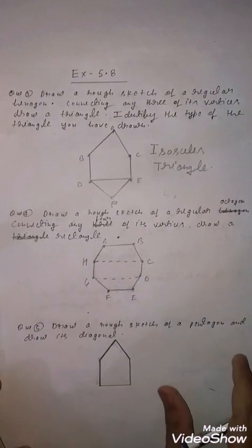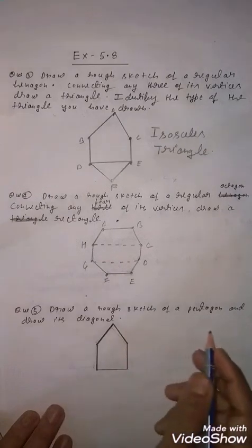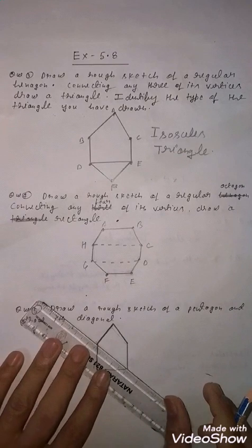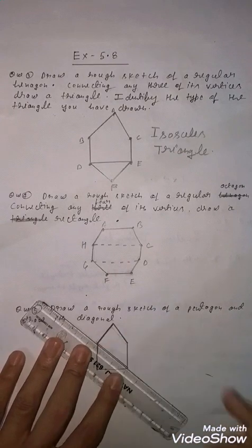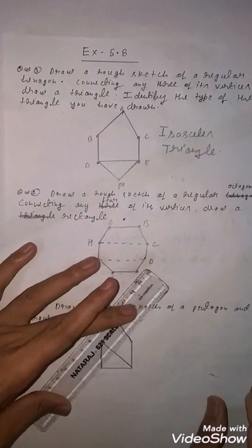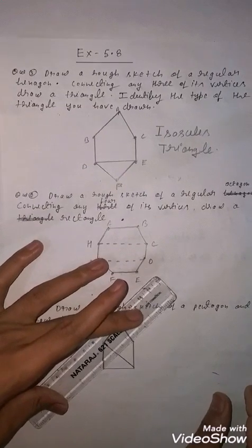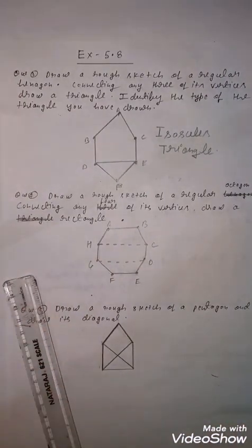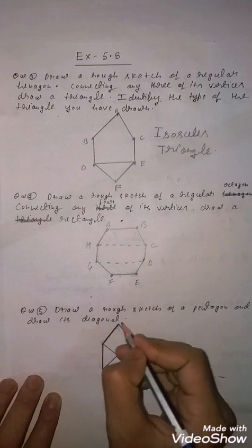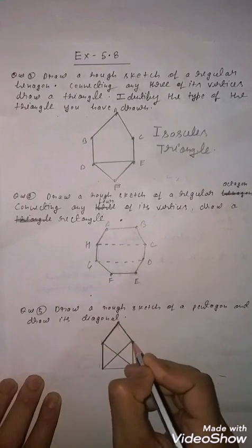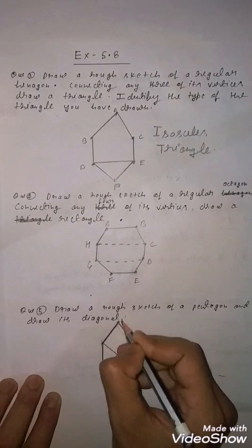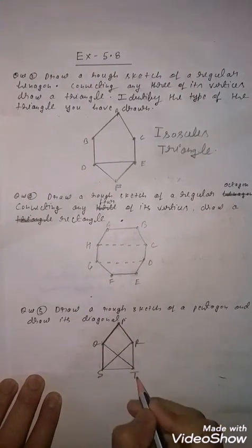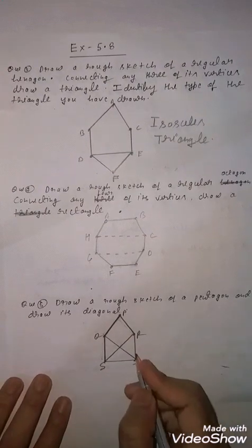Now next what is given is rough sketch of polygon and draw its diagonal. Clear, students? So you have to draw the diagonal. So this one is first diagonal, means 2 vertices. Clear? This one is second diagonal. Clear, students? Now students, here you can give name P, Q, R, S, T. So 2 diagonal, Q and T you will join. You join. S and R also join.